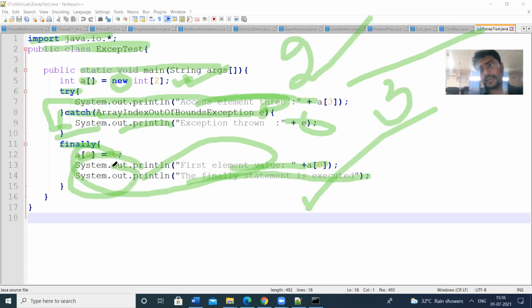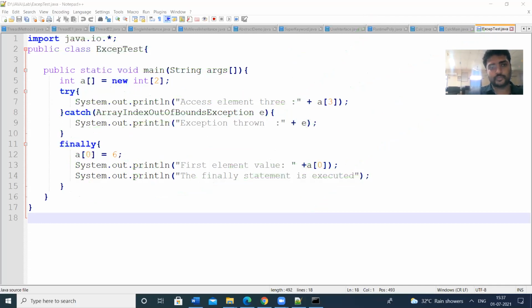Generally in exception handling, we will get the try block, catch block and finally block. Try block means the possibility of getting the exception, so those statements will be placed in the try block. If any exception arises, how do you handle that exception? By using the catch block. Immediately after the try block, the catch block will be placed. After that, we can have the finally block. That means whether the exception arises or not, the finally block will always be executed. So let us check the output.